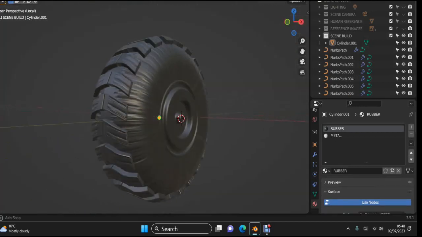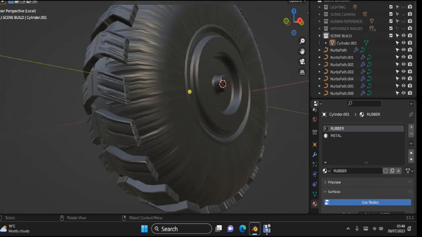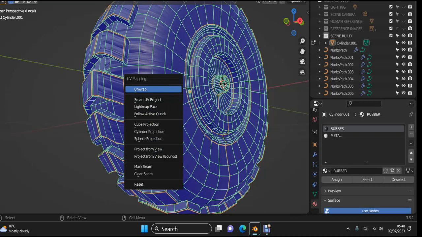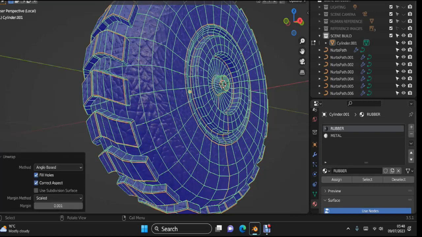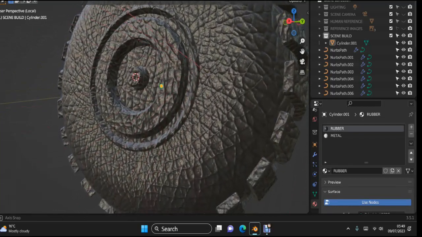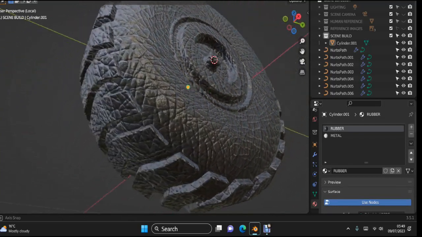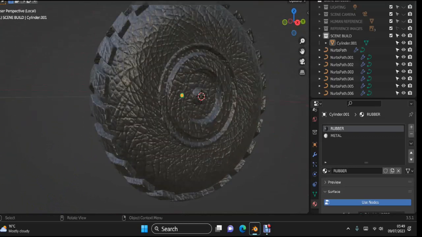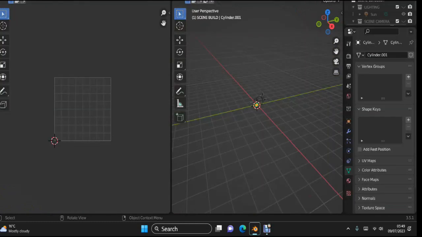Tab out. But if you look, this is why we mark the seams. You can see how it's stretching around here. Now the seams have been marked, if I enter edit mode, select all, press U on the keyboard, select unwrap, and that will unwrap it and fit that texture into all of those seams that I've marked. You can see it there like that. And that's the texture. Now if I go into UV editing at the top,